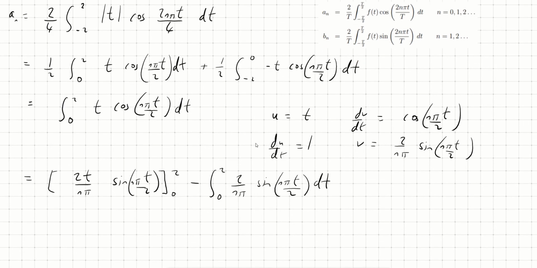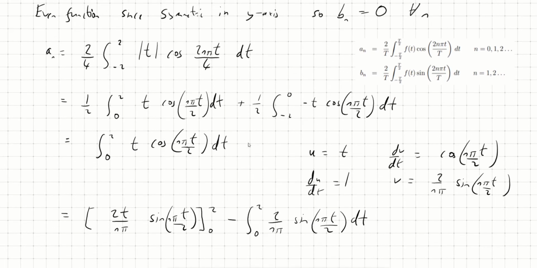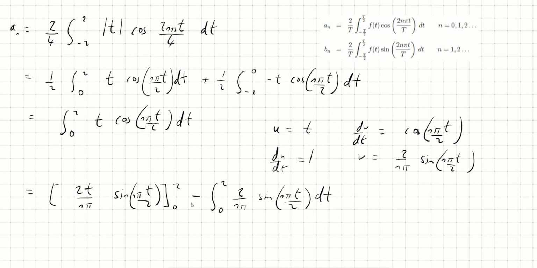Now, thankfully, if we know anything about sine, we'll see that if we substitute t equals 2 or t equals 0 into sine n pi t over 2, these are both equal to 0. So this whole first term is just 0, so we get minus, now integrating sine, this is 2 over n pi, the integral of sine n pi t over 2 is minus